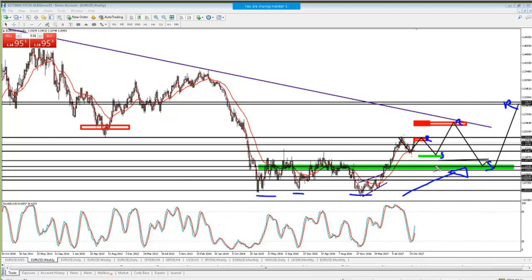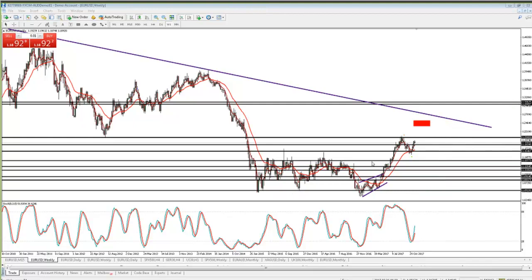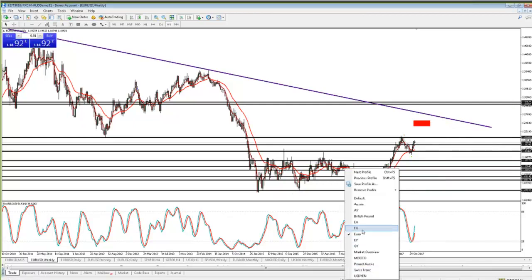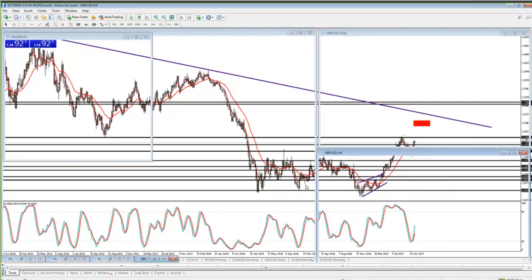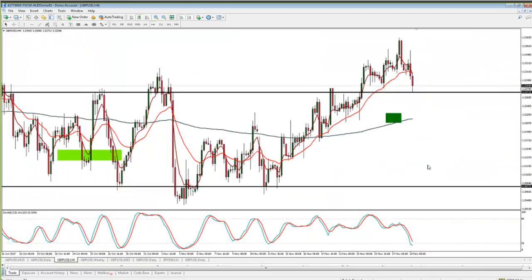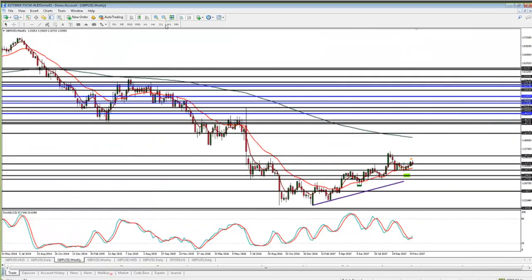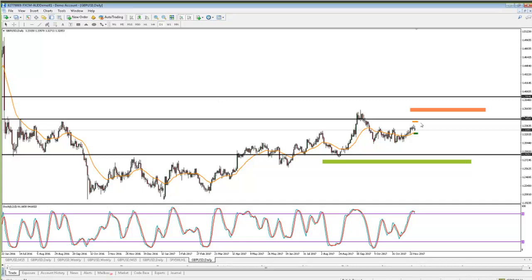And how will that look? I know we've just covered the euro, but this is the detail to which I always try to structure my trades on every single currency pair. The pound is a very similar animal. I'm a little more bullish on the pound because I think the Brexit thing will resolve itself. If you look back, you can see how I've tried to structure these trades anyway.